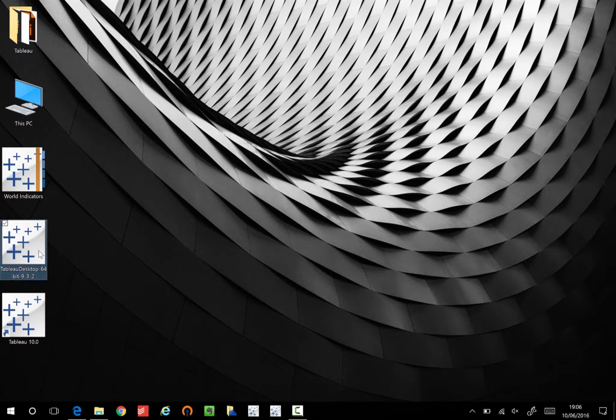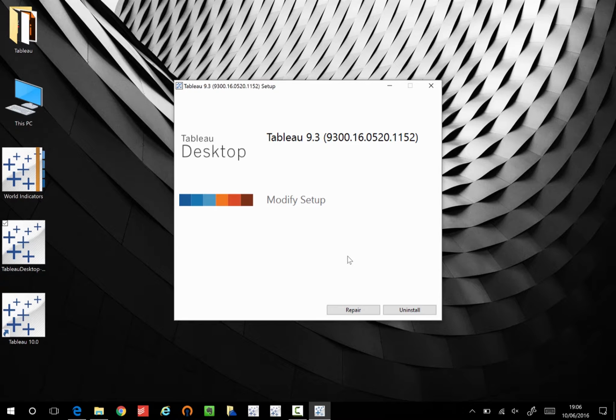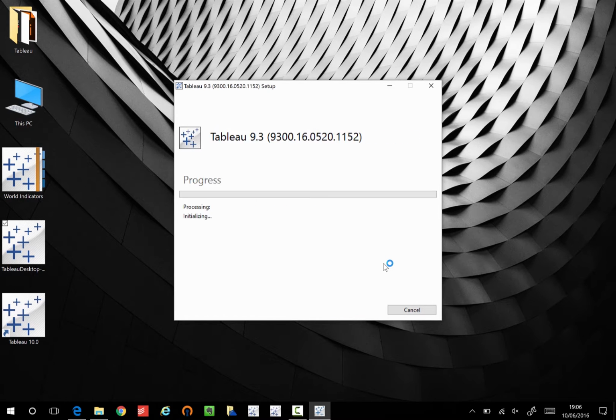This is Tableau 9.3.2. And when I double click that and run the installation, I get this sort of different setup screen. It actually asks me if I want to modify my setup. And if I click repair instead of uninstall, then it runs through the installation process again. It basically looks through all the files and it edits the registry for me to make 9.3.2 the default version. And so if we just let this complete,